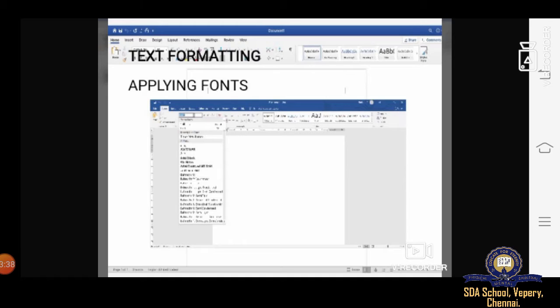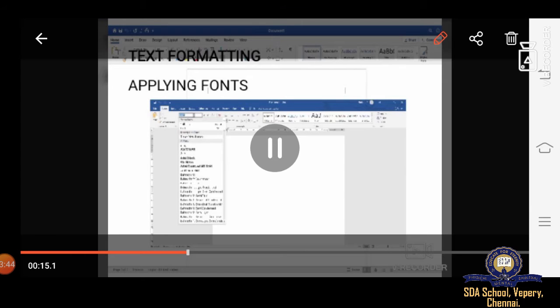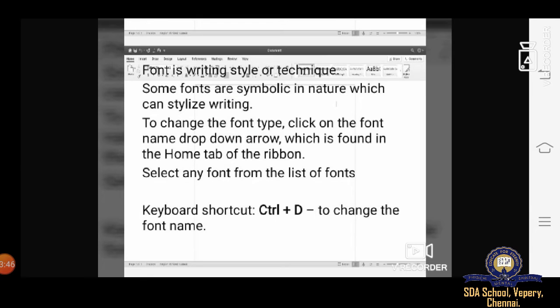MS Word 2007 contains a collection of fonts, some of which are used for corporate, decorative and designing purposes. Some fonts are also symbolic in nature. These are used to style any writing. By applying fonts, one can make a document look more attractive.